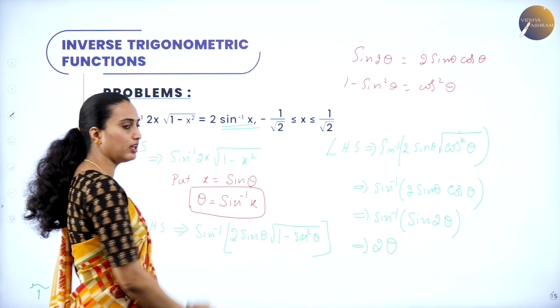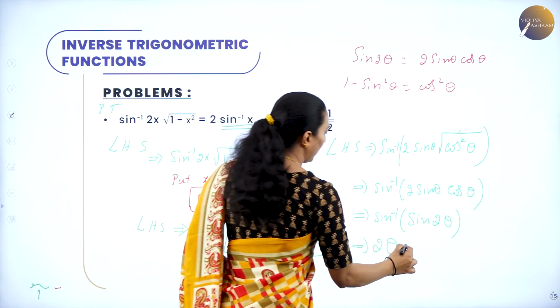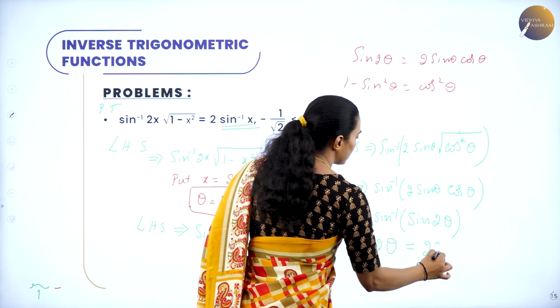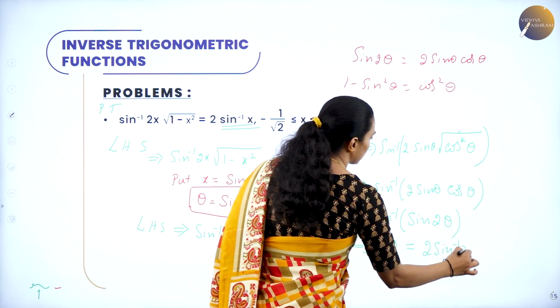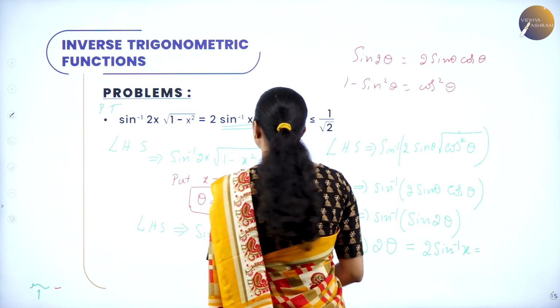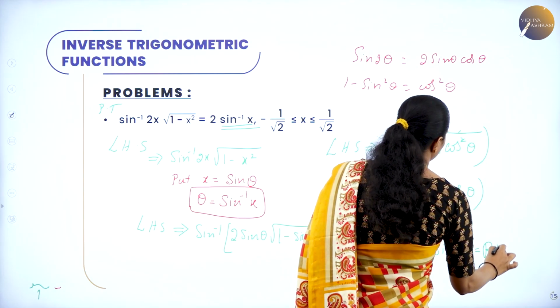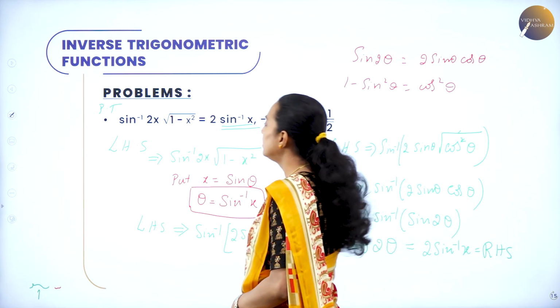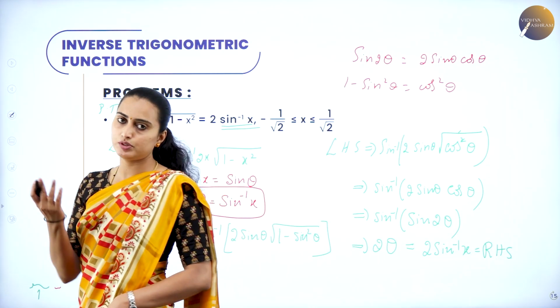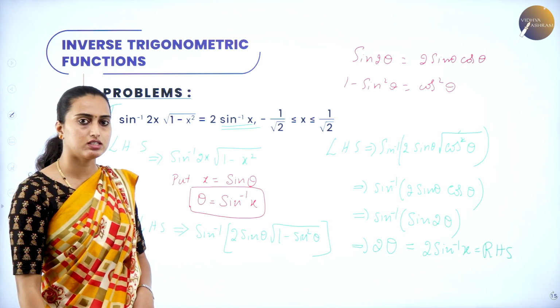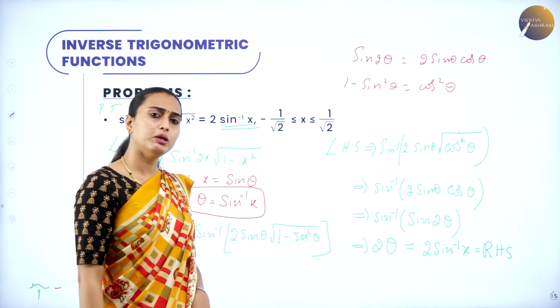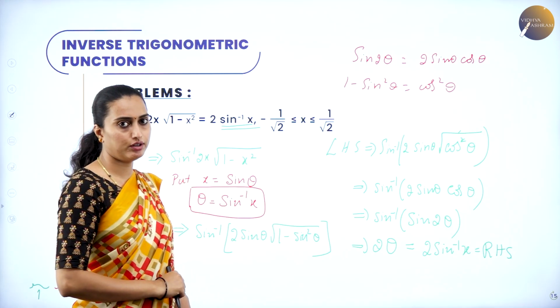Theta is nothing but sin inverse x. Therefore, you are going to have 2 sin inverse x, which is nothing but the right hand side. You understood now? If there is sin in the right hand side, substitute sin theta for x in the left hand side. That's it. Okay. This is also very important, which will be asked for a 2 marker in your final